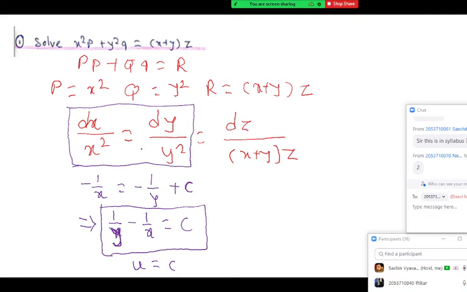Theorem of equal ratio. Now think for componendo, dividendo, or some rule of the ratio so that you can integrate. Can you think something about these ratios that you can add somewhere? Means you can add numerator to numerator, or you subtract numerator from numerator, or you can add numerator with the denominator. So, number of ways possible with the ratios, which keep the ratio same. Yes, anyone?